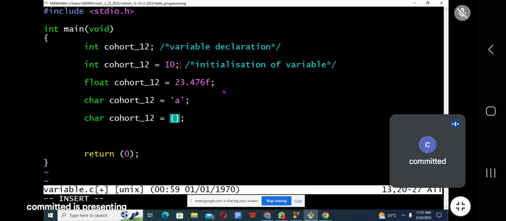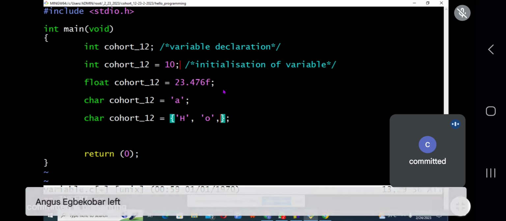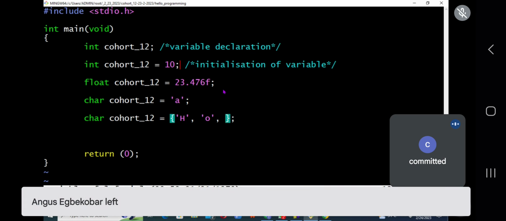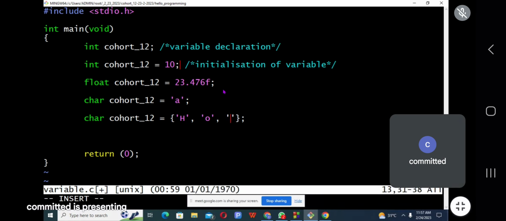So that will be H, comma, space, O, comma, L, comma. So this one is more than one character.